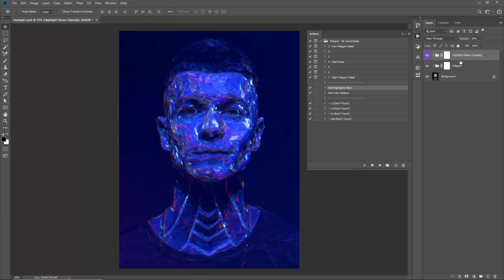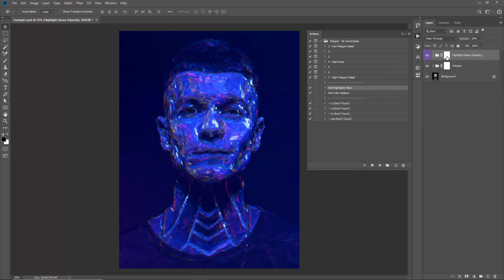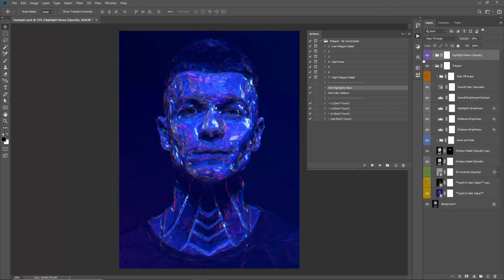So at the top here, it has created this folder called Highlights Glow, and again I've got in brackets opacity. So the folder opacity is at 50%. So let's drag it to 100, then 0, so you can see what that's doing there. So let's add a bit of glow there, and you can go inside here, and I've got 2 glow blur layers. So you can click on this arrow here and double click on Gaussian blur, and you can adjust the spread of the glow. So you might be able to see that there. So you can play around with that. Again, if you plan on running this action again, you need to delete this